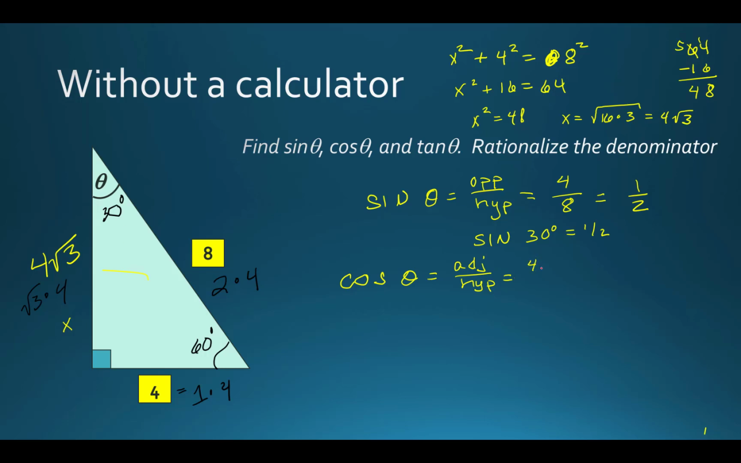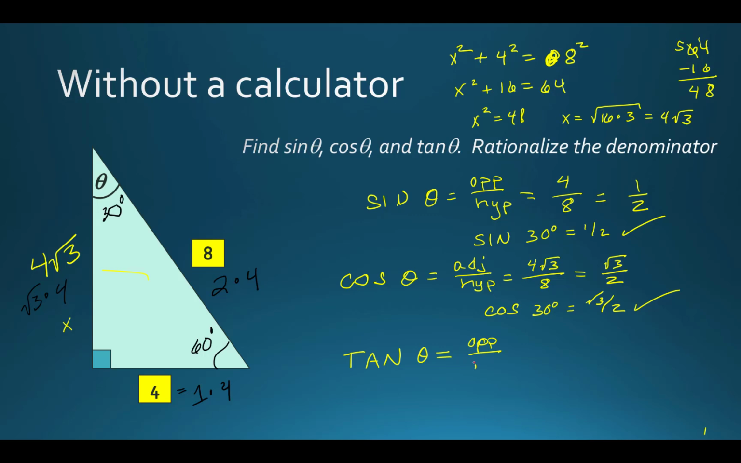So 4 square root of 3 over the hypotenuse, which is 8, so that's square root of 3 over 2. And again, I can confirm the cosine of 30 is square root of 3 over 2, just because we know that. And then the tangent, this better come out as square root of 3 over 3, is